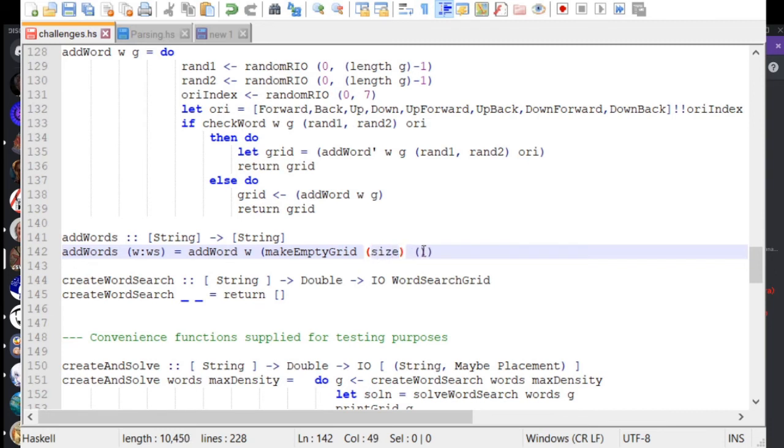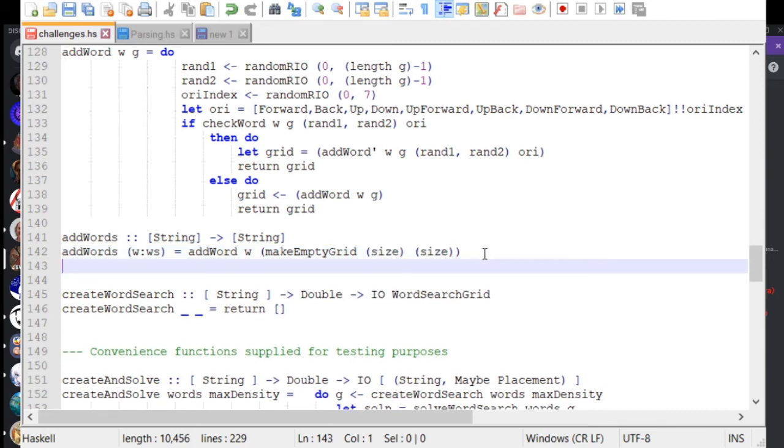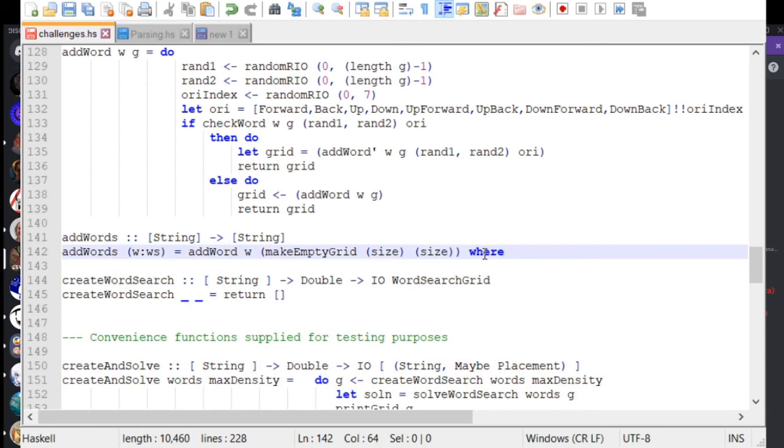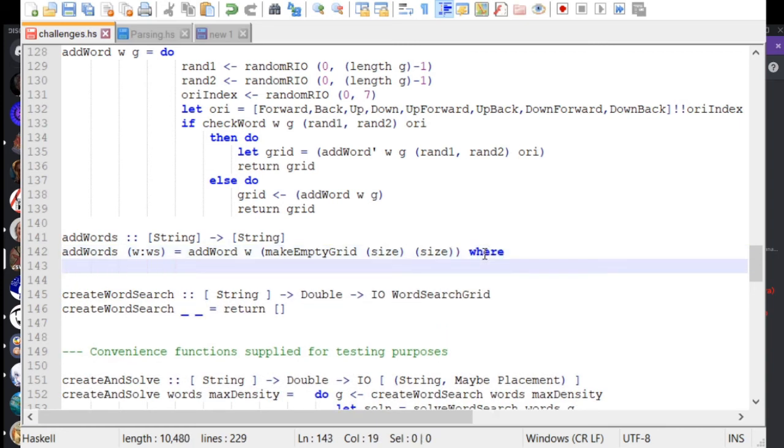I'm going to call this size here, and then I'm going to write where size equals find grid size on